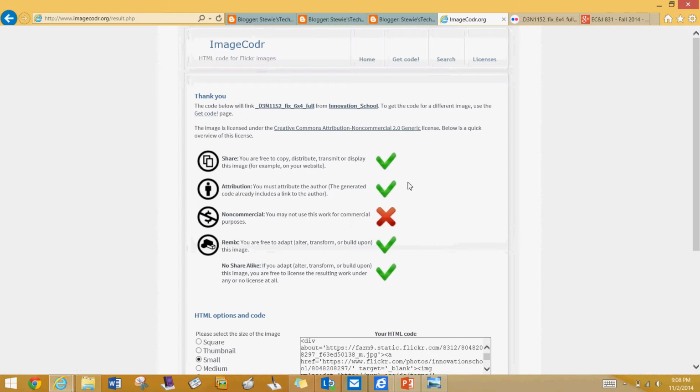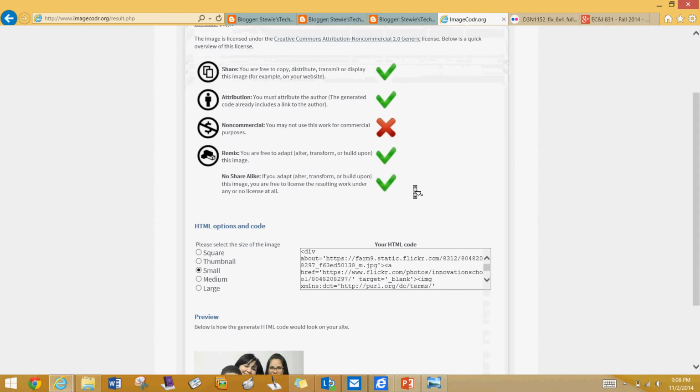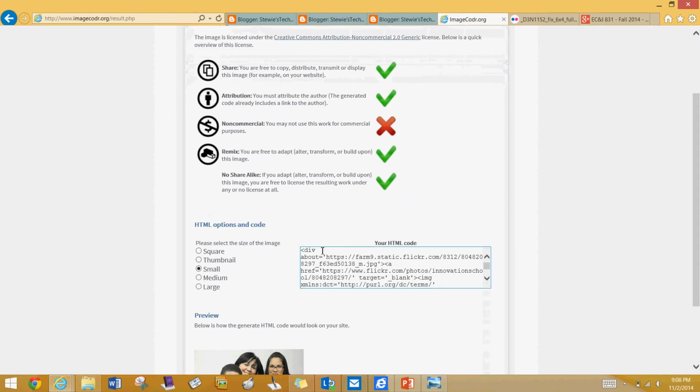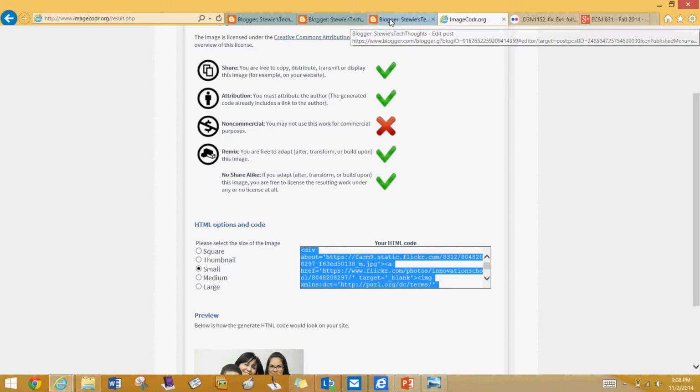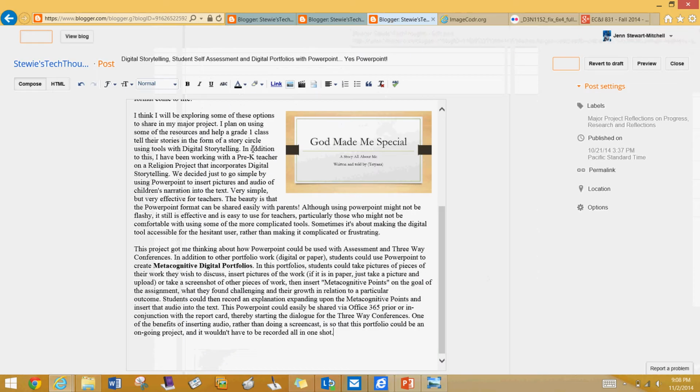Then it states all the information regarding how I can use this Flickr image and the attribution rights. One thing I love about this site is that I can double click and I can hit Control C and copy the HTML coding. Now, to add this to a blog, it can be a little bit tricky. So what I then do is go to my blog, which is in Blogger,